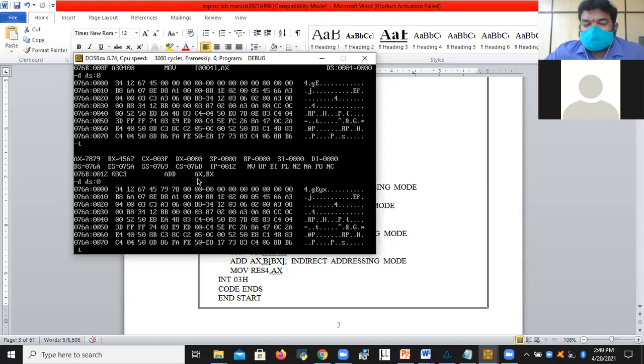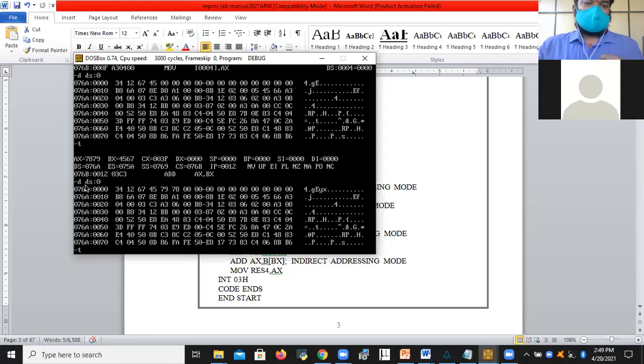Whenever we give the masm space filename.asm semicolon command, it reports the errors right there. If there is any error, the system gives the error along with the line number. The system specifies where the error is. While executing the programs you will get the idea, but at the time of giving the masm command, you will get the errors. If there are any errors, the masm command gives the status of the errors.